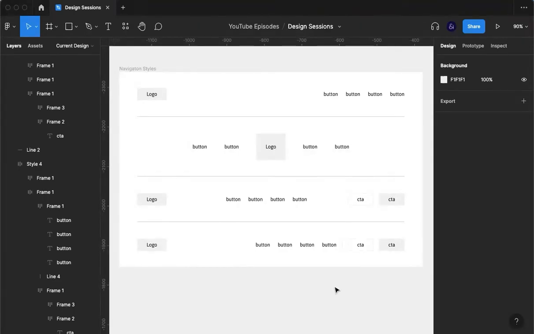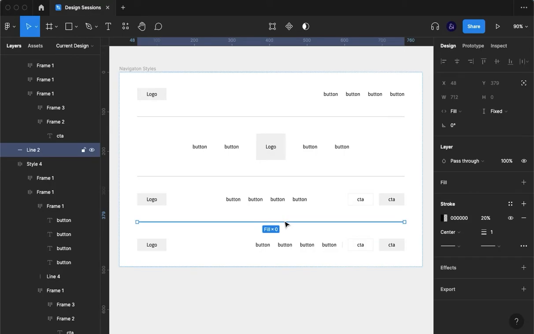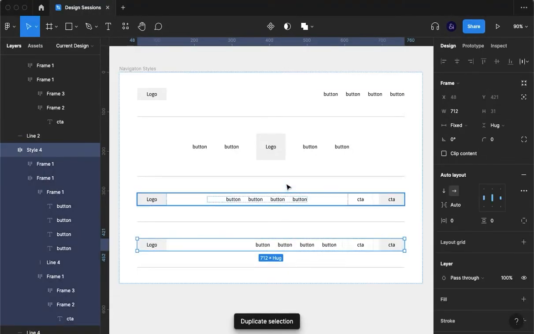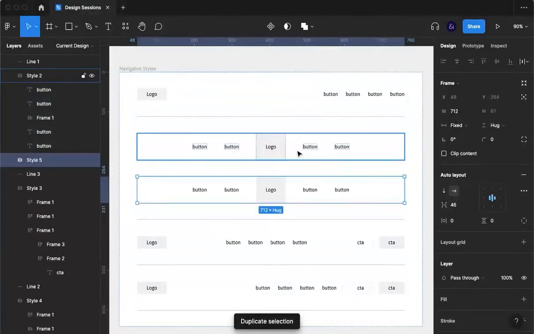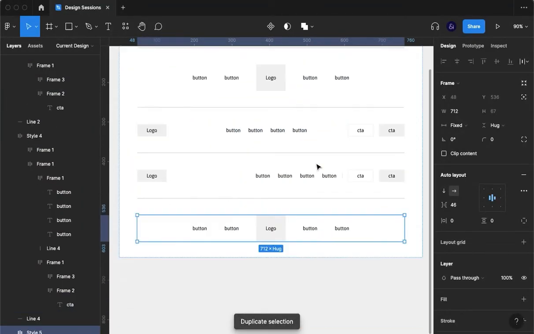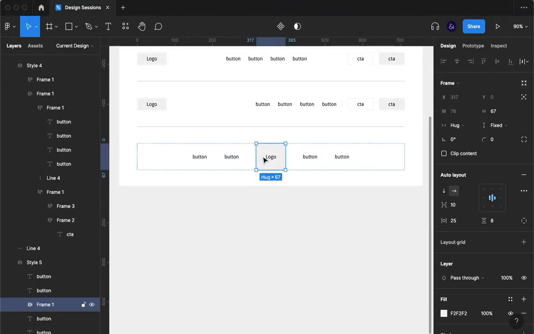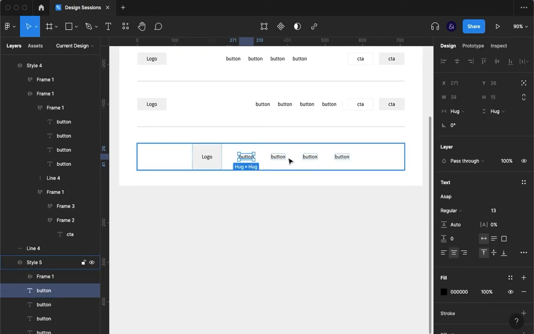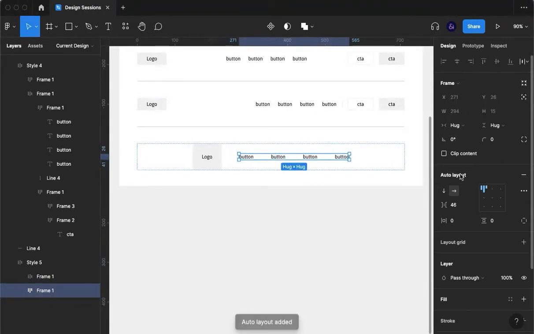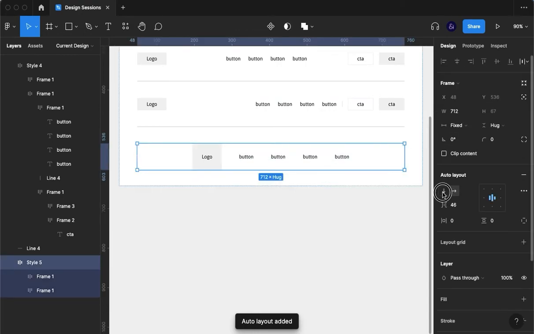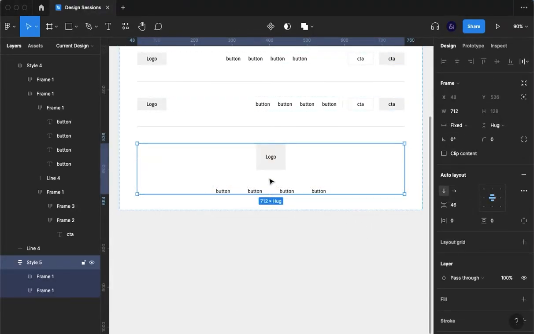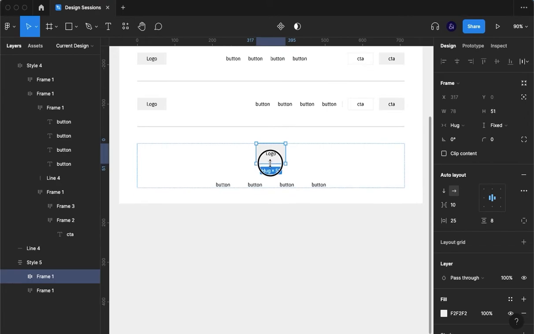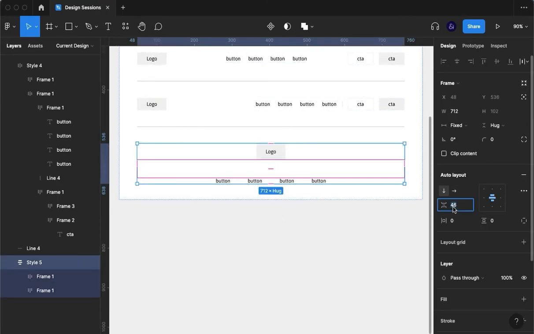And for our last navigation style, what I'm going to do again is duplicate this line, and I'm going to take this one. And I'm going to pull this out. Actually, let's leave that in, but let's put it by the side. Let's make these a group. I'll make that an auto layout as well. And then on the main auto layout, I'm going to change the alignment to vertical. And then I'll also take down the size of our logo,